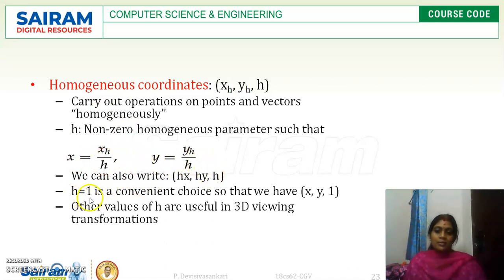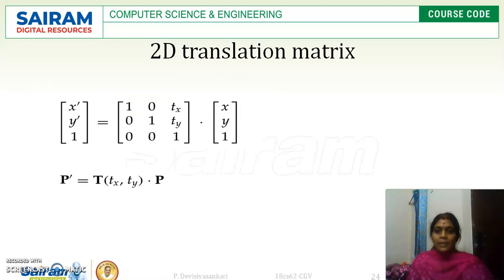So always we are assuming H equal to 1 because that is the convenient choice. Then only we can easily get X, Y and 1. So the homogeneous part will be 1 only, right? And where this will be useful is in 3D viewing and transformations, right? Yeah. So directly now we can go for the two-dimensional translation matrix, how it is written in the homogeneous way,